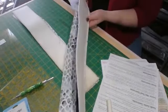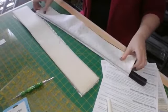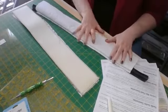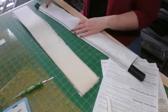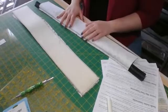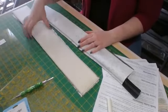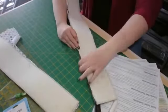You'll be happier. Now, if you do experience that problem where your lining seems a little longer than your exterior, trim it off. It's not going to be a life or death scenario. Just trim that little excess. Assume your exterior piece is the right length. It has that foam and the interfacing stabilizing it. Once you've sewn your two layers together this way at your sewing machine,